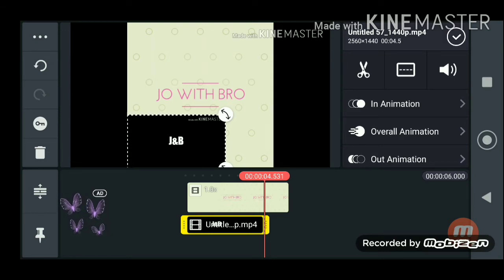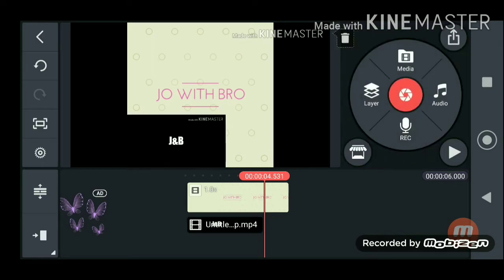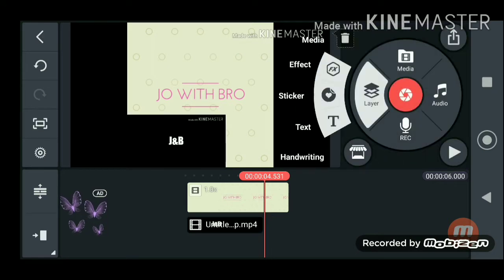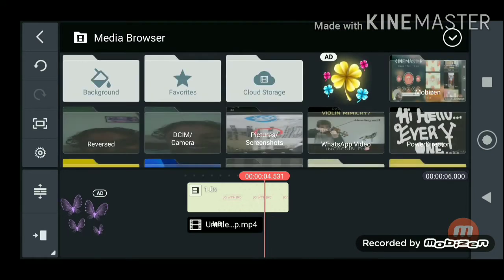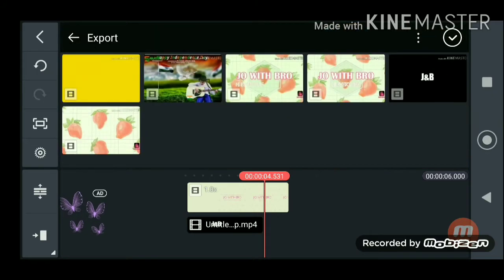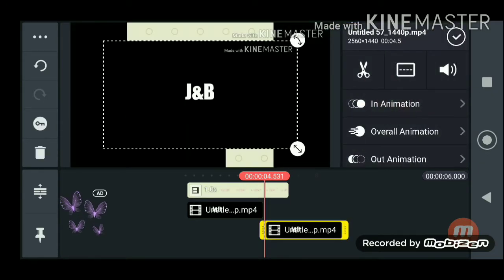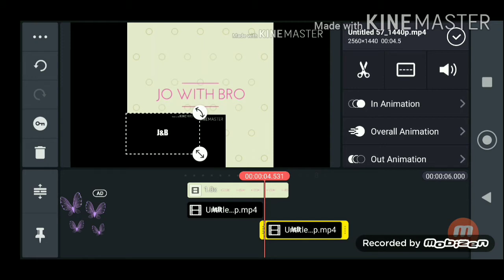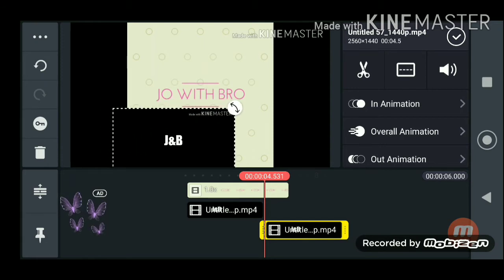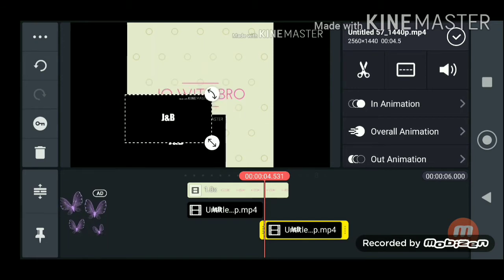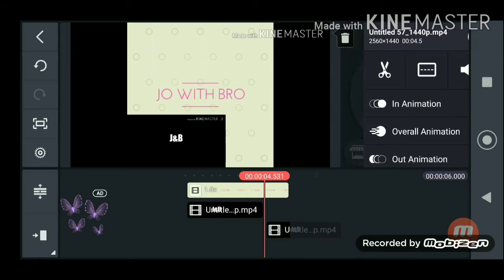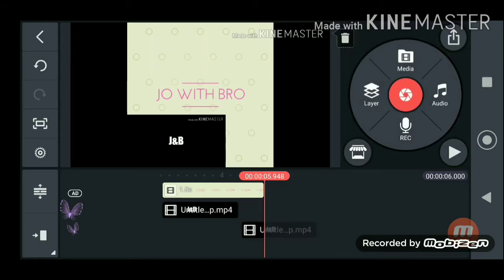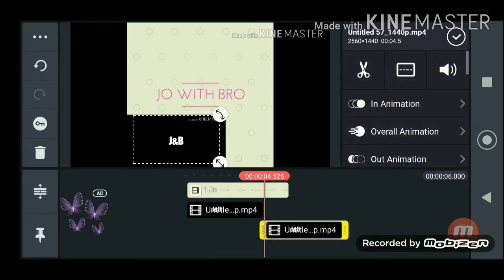So if you want to add any photos, you just click on the tick button, and you again go to layer, again media, and search for the same thing and click on it. So it's back again there. I just make it the same size and everything. Tick. So it's done. Now I get it still here, but this is coming to the most left.